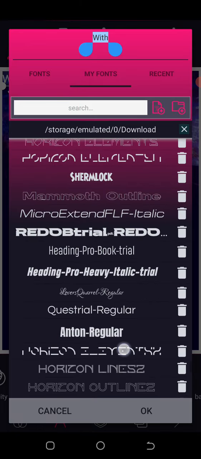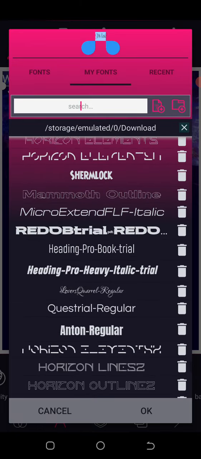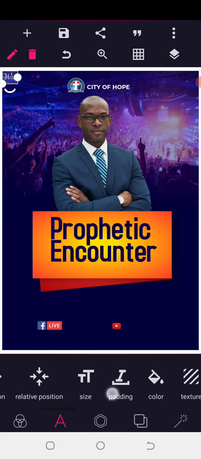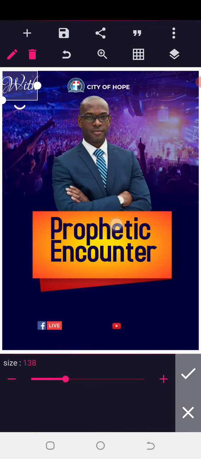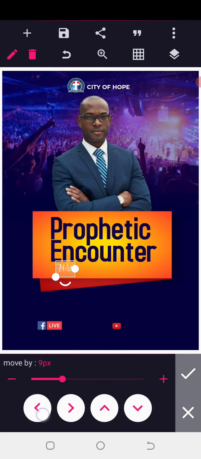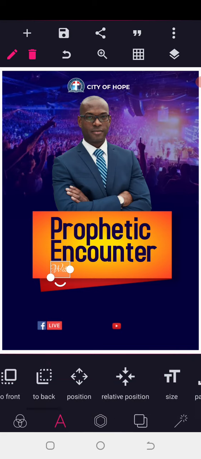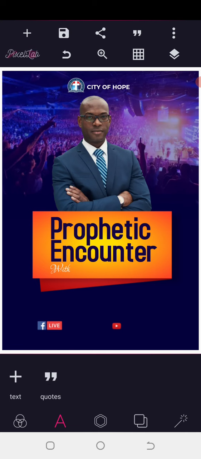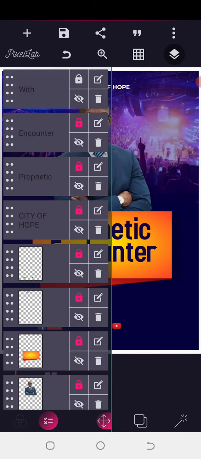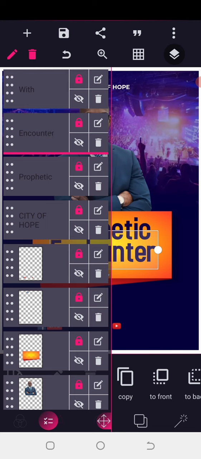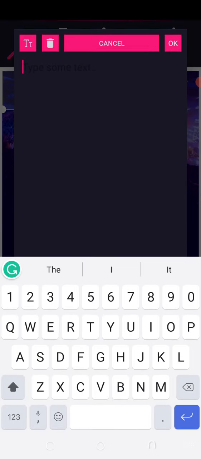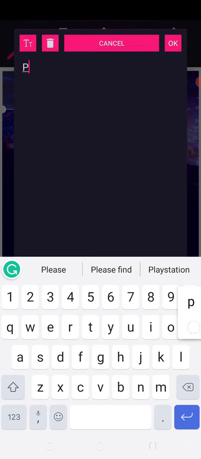Core font. Okay, this is it. Lovers Core regular. Okay, and I'm going to reduce the size and position it. When you reduce the size very well, I'm going to position it around here. Okay, perfect. So what I'm going to do next is to copy. I'm not copying this, but I'm copying the Provertic. So copy the Provertic, then edit it and change it to Pastor